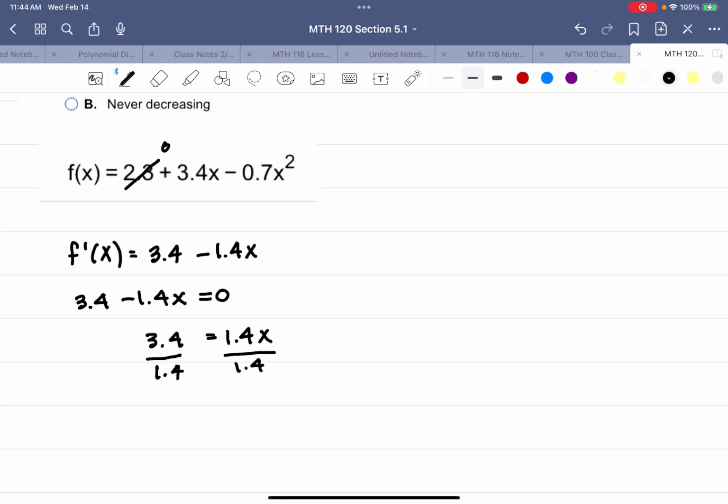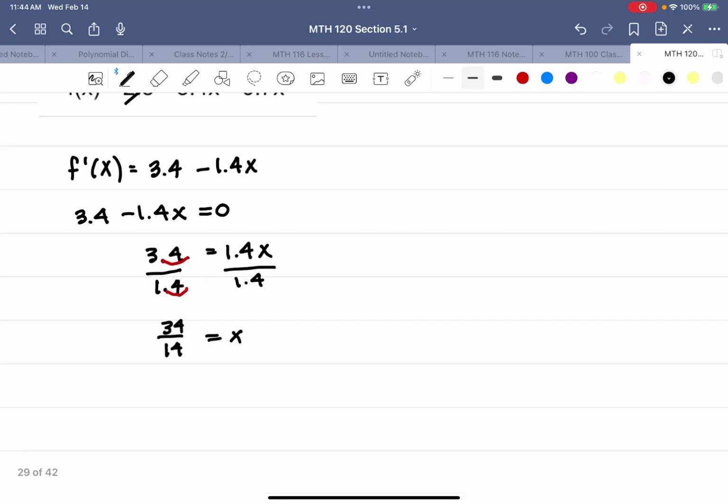So instead, what I'm going to do is do this as an exact fraction, so I don't have to round. I'm going to move these decimals. It's a fraction. You multiply the top and bottom by 10. So I did that, and I get 34 over 14. And that's going to reduce to 17 over 7. So that's my critical number,